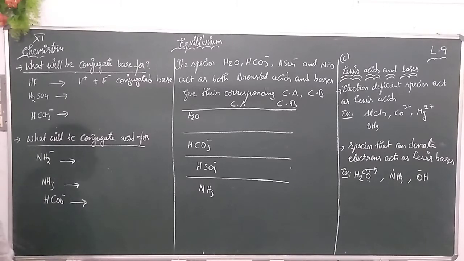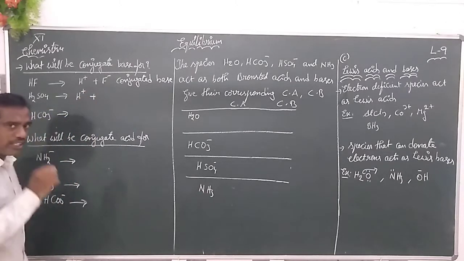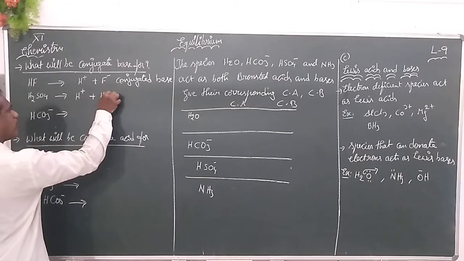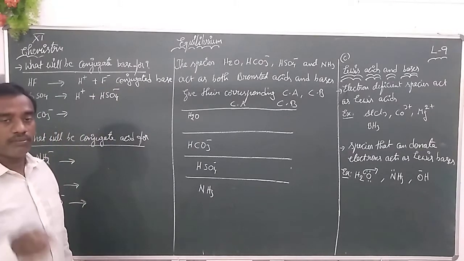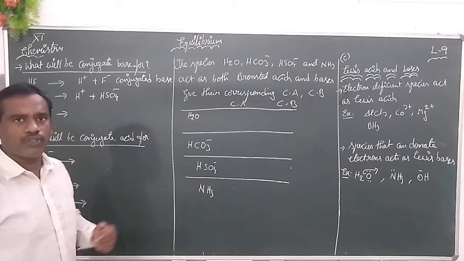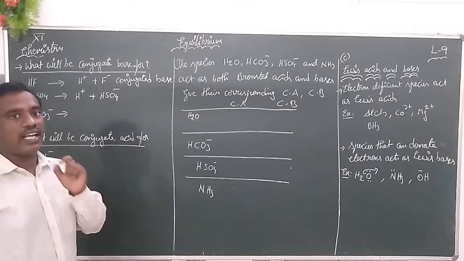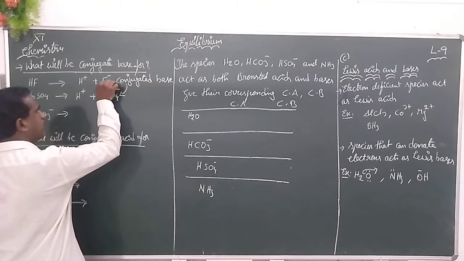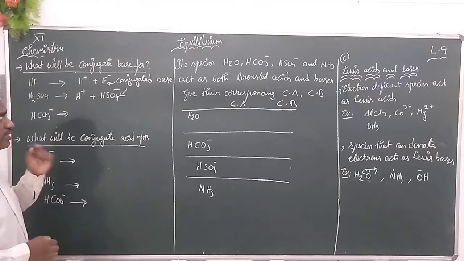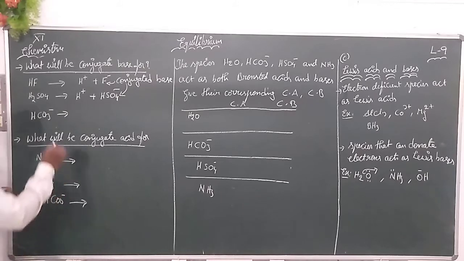How about H2SO4? H2SO4 will produce one H plus ion in the initial stage, and then it will produce HSO4 minus as the first ionization constant. Generally we know H2SO4 gives 2 H plus ions, but we first take how many H plus ions are produced as our key constant. So in this case, the conjugate base, unlike F minus in the previous case, will be HSO4 minus.